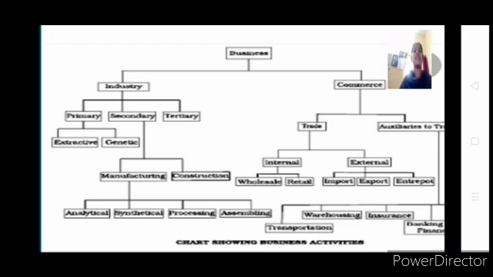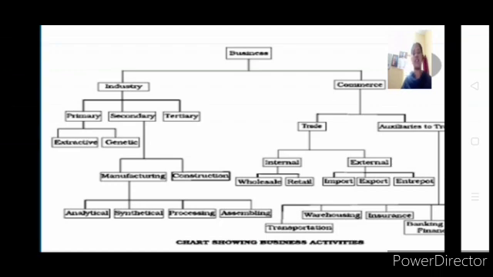In last class we have seen the part of classification, business classification. As I said, business is classified into two, that is industry and commerce. And we have seen the part of industry. When I say industry, it means it converts the form of a particular thing. It takes input and it comes out with the output which is essential for the human being.